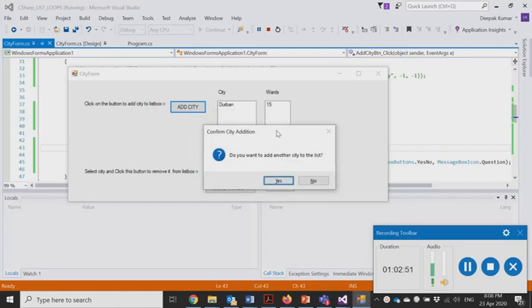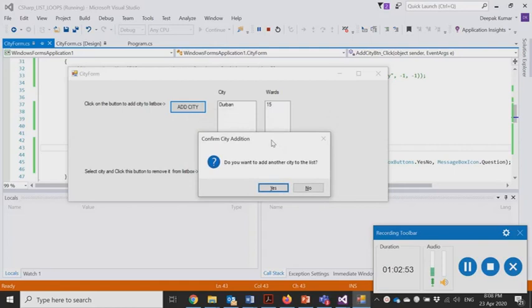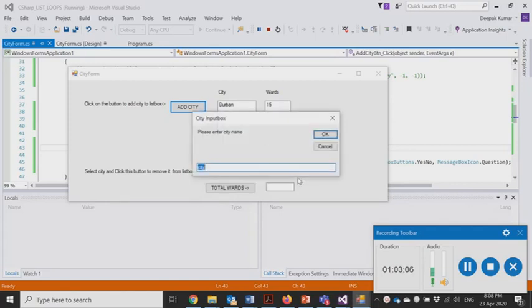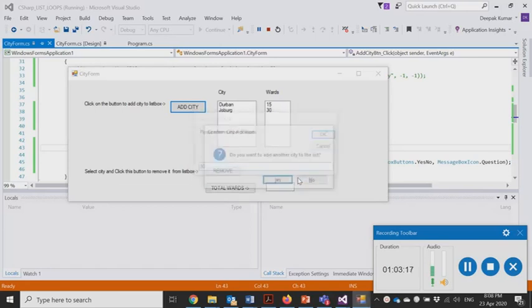So now, rather than running 5 times or a specific number of times, we have made it flexible by asking the user, do you want to add another city? If I say yes, then it again asks me to enter a city name in the input box. Obviously I can enter another city name here, enter the number of wards.